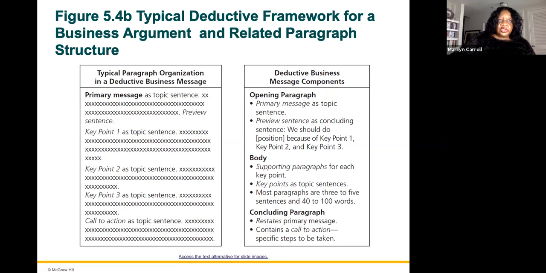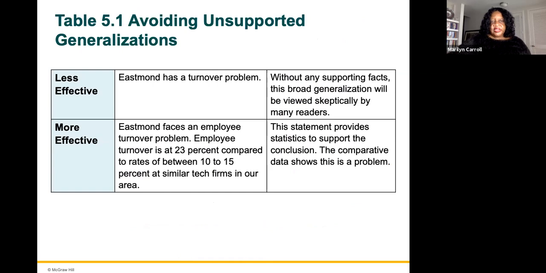And you should really follow this process when providing your answers to the discussion post. This is a great format to use: you open, you have your body, and you conclude. The less effective way would be